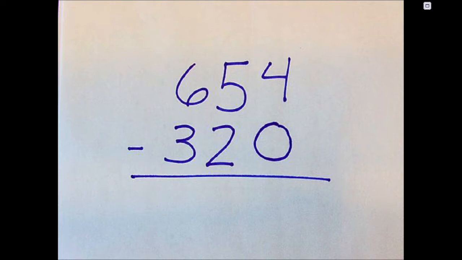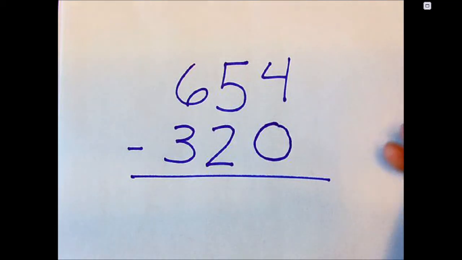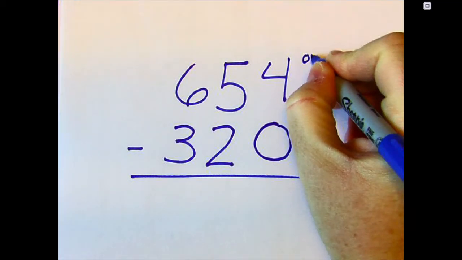Using base 10 language is all about the intentionality of using the place value units when you are subtracting. It not only helps when subtracting, but also sets us up to be able to multiply and divide using base 10 language as well. With the problem 654 subtracting 320, I'm going to be intentional about using the correct unit